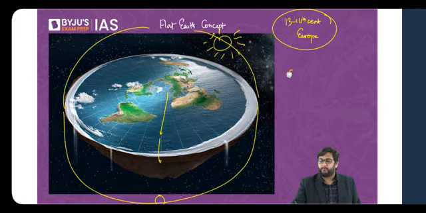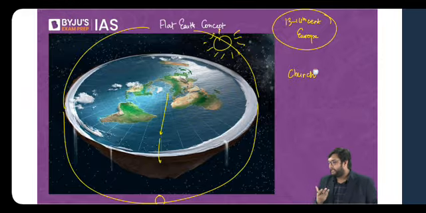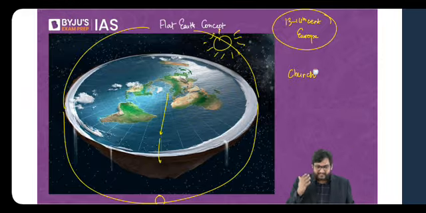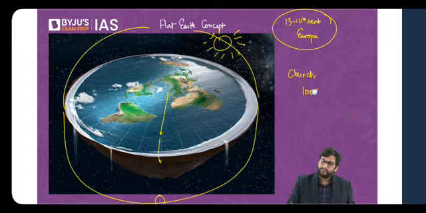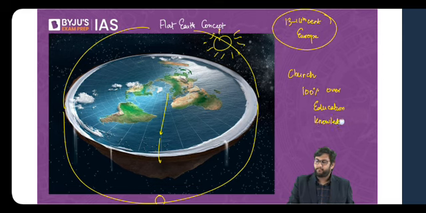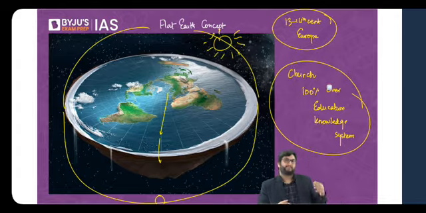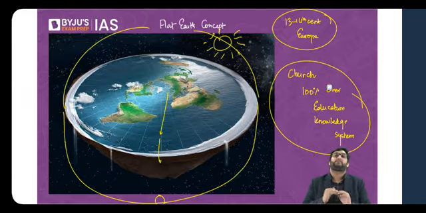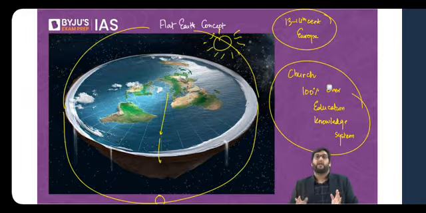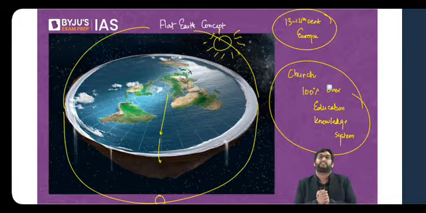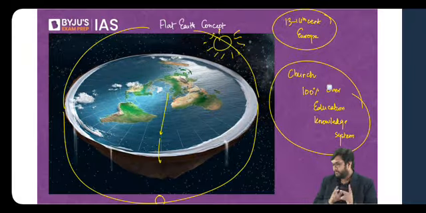And the simple straightforward point is, let's quantify the power of the church. The church's power at this point of time was close to 100% over education and over the knowledge system. Now, one of you asked me, Shambhavi asked this question, why is that nobody wanted to go too much into the ocean? And why is it only in the 15th century that things started to change? But to answer that question, do you understand why they did not have the courage to go across the ocean? This is the first point you need to understand.